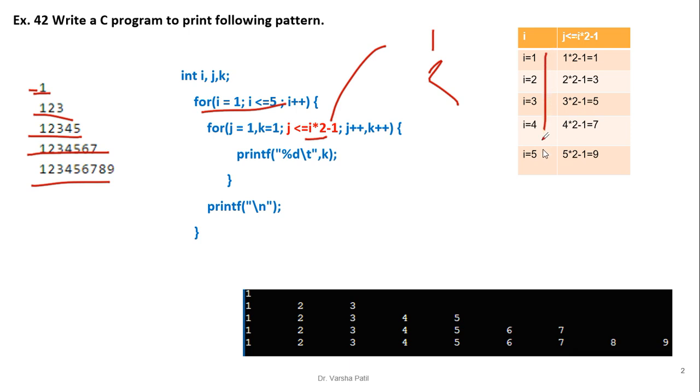So when i is 1, 2, 3, 4, 5, and we use this formula i into 2 minus 1, it will generate these values 1, 3, 5, 7, 9. The rest of the program is very easy. We have to start with 1 and then after that the increment is there. For k equal to 1,